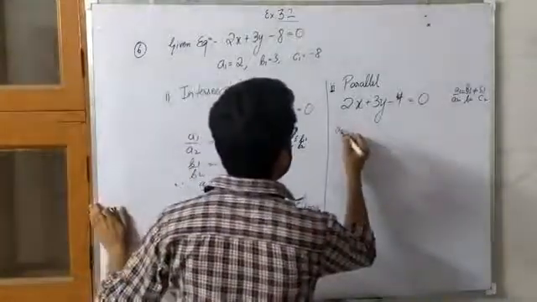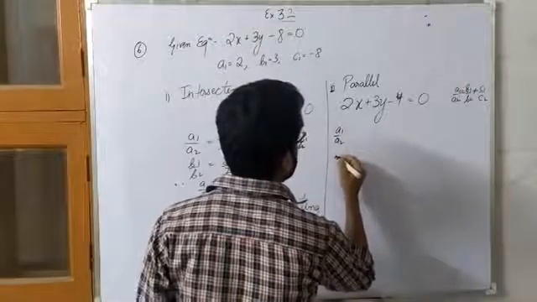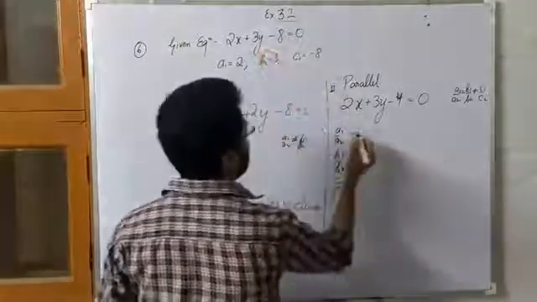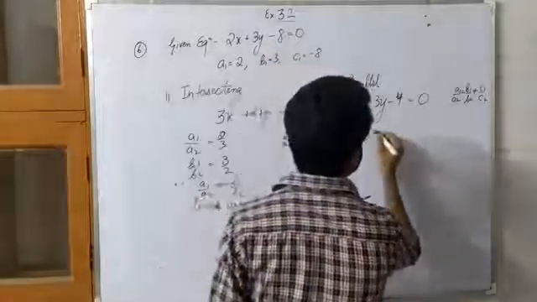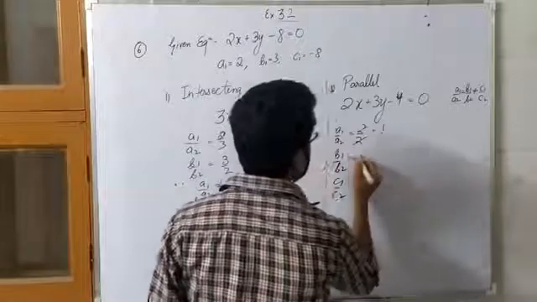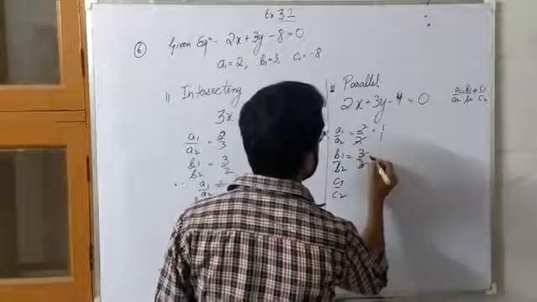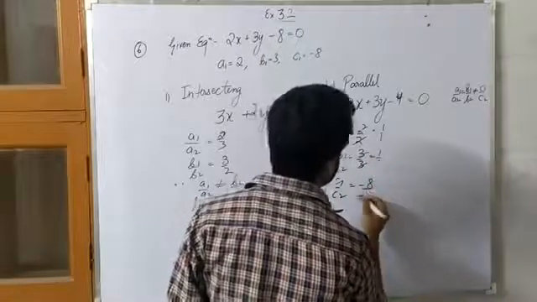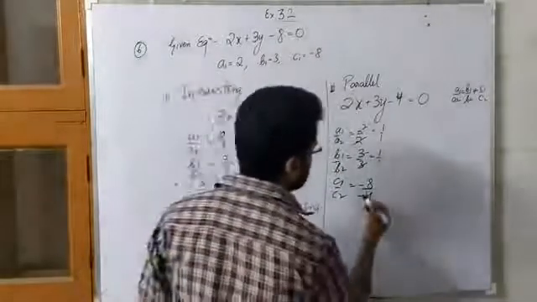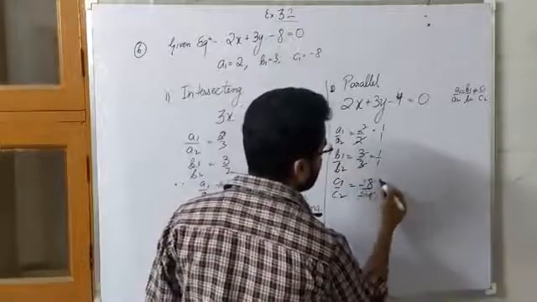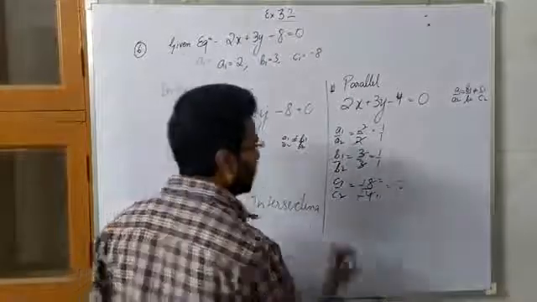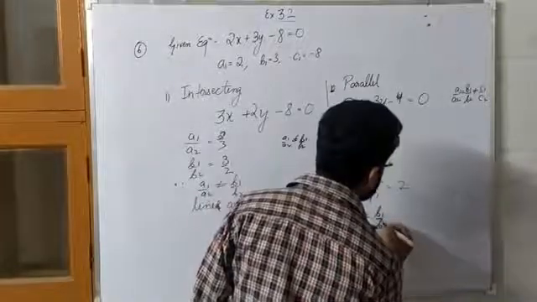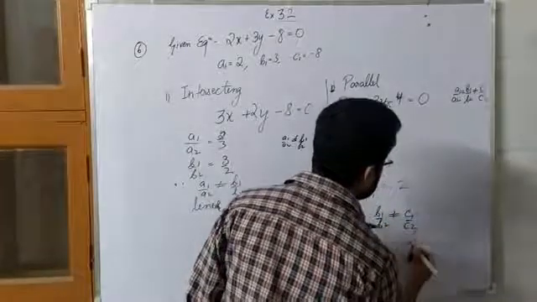Now you just tell A1 upon A2, ठीक है, B1 upon B2 and find C1 upon C2. What will be A1 upon A2? 2 by 2, that will be 1 by 1. And B1 upon B2 will be 3 cancel by 3, this will be 1 by 1. And C1 upon C2 will be -8 upon -4, right? So this shall be minus minus cancel, and 4 1 is 4, 4 2 is 8. So answer is 2. So you will write since A1 upon A2 is equal to B1 upon B2 but not equals to C1 upon C2.